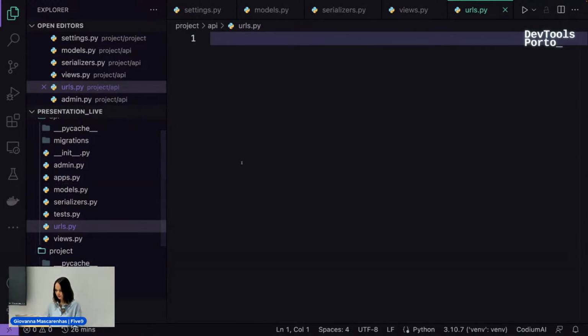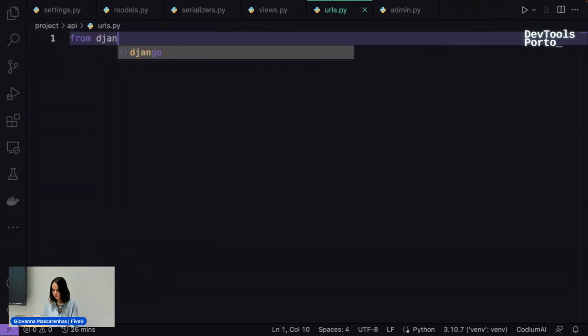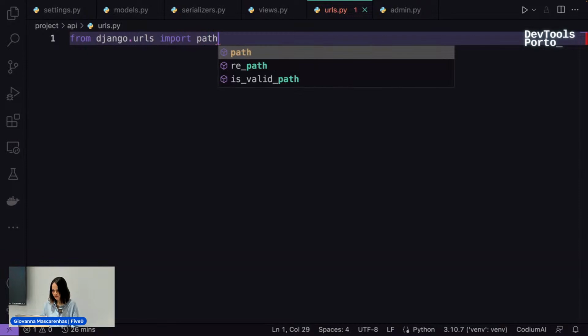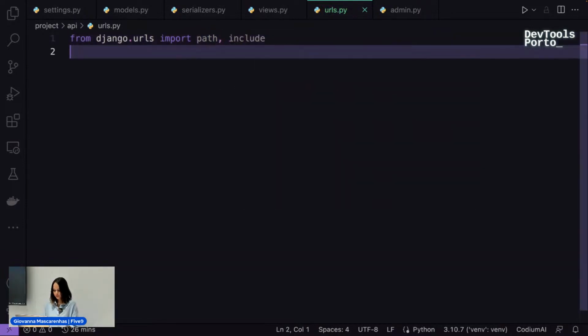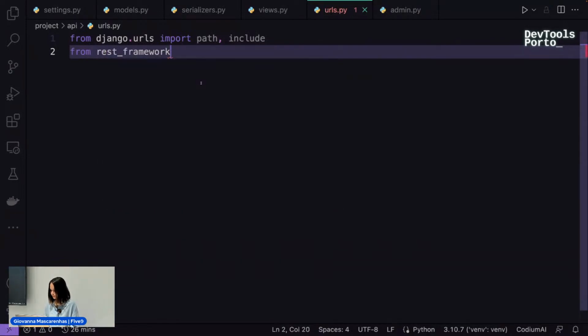So here I'm gonna call a few things. I'm gonna call Django URLs from Django, import path and include. I need to call REST framework routers.